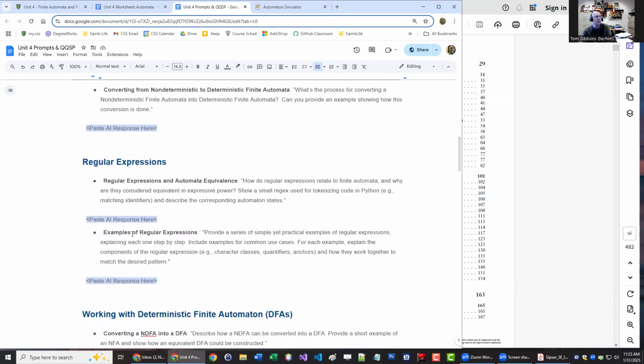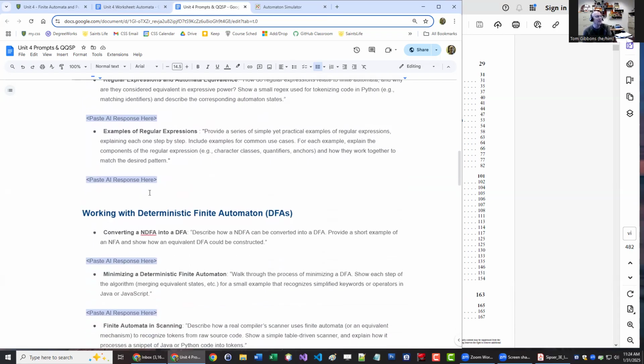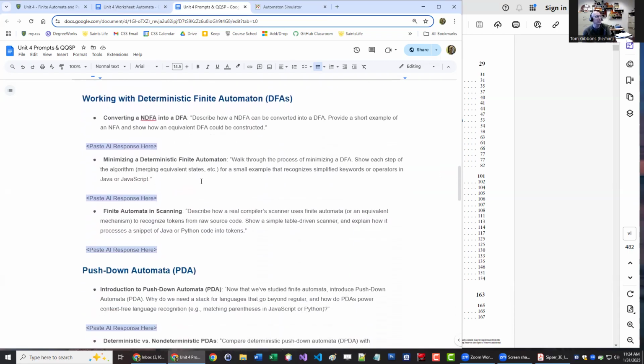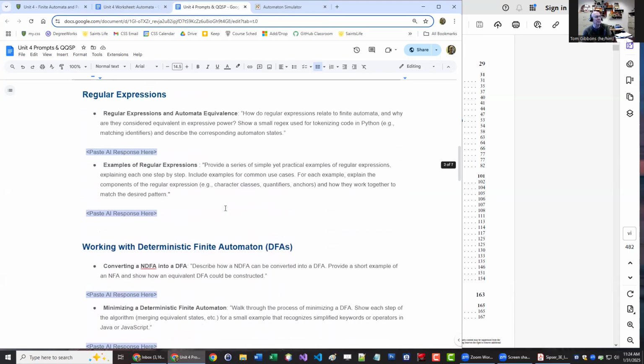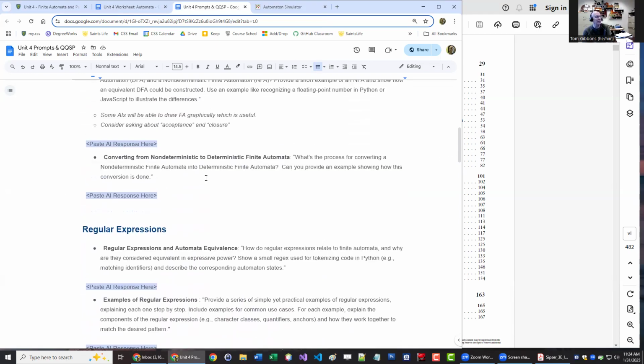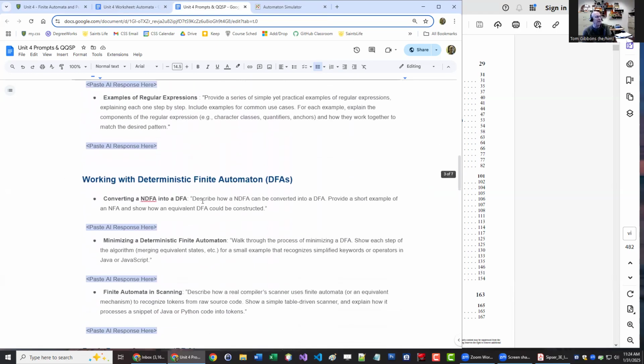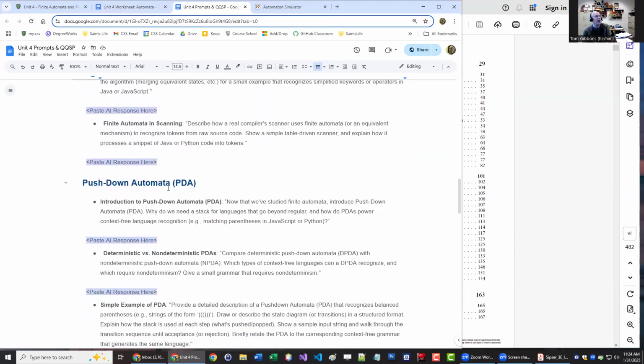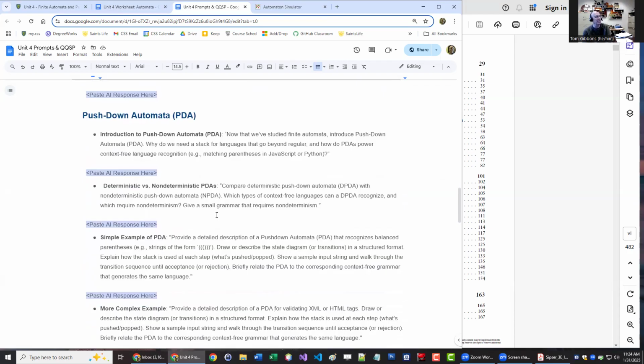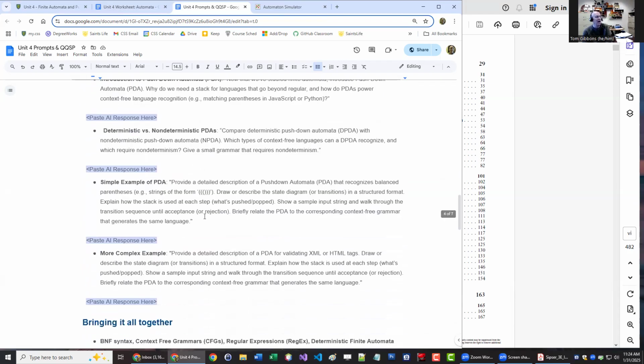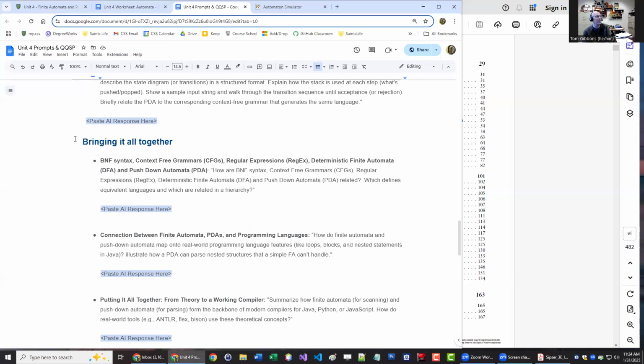We'll briefly go into regular expressions here and talk a little bit about this, and then we'll talk about working with deterministic finite automata. What we'll do is convert any automata into a deterministic finite automata. That's what we'll be working with here, and then we'll talk about pushdown automata and what that adds to this. This is going to add a stack to our process,